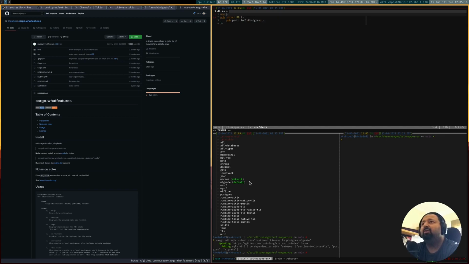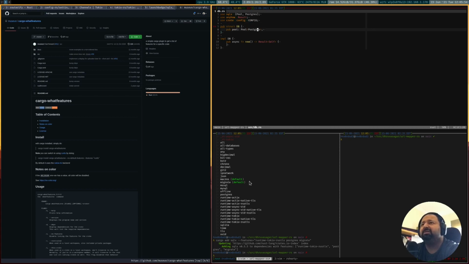We would obviously have to go ahead and import these. So we need Pool and we need Postgres. Now we'll add stuff as we need gradually, right? And we'll start with the implementation. We will implement the constructor now. Obviously we will be using the anyhow Result, and we will now import our config as well, because we will be needing the configurations.